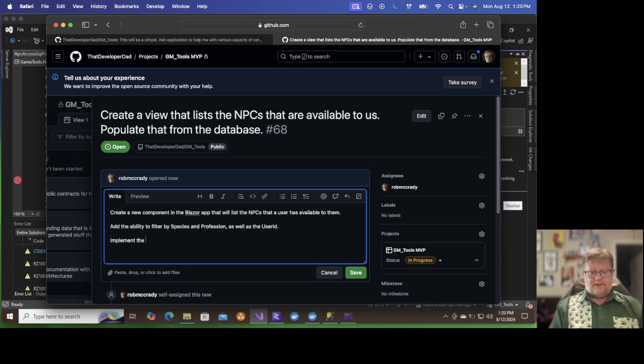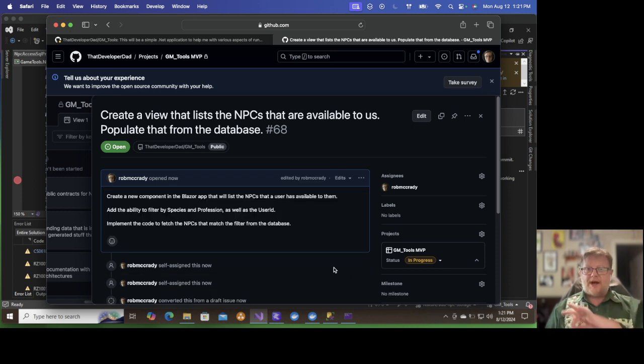Implement the code to fetch the results of the filter, fetch the NPCs that match the filter from the database. That's where we're going to stop with that feature,